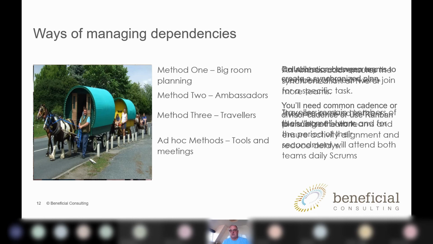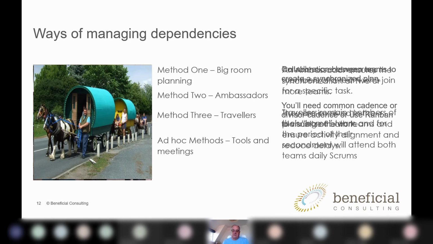So my teams' backlog is quite dynamic, and that means that I can't use a big room planning construct. I need to use something where they're doing almost like a backlog refresh, in my case every month, but it could go down to every 2 weeks. So there are different ways that you'd need to think about how you can collaborate between the teams, how you can synchronize, and you'll need to use a common cadence. By cadence, I mean everybody working on the same sprint length, so 2 weeks, 4 weeks, or whatever.